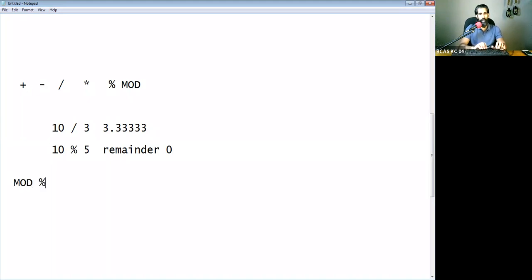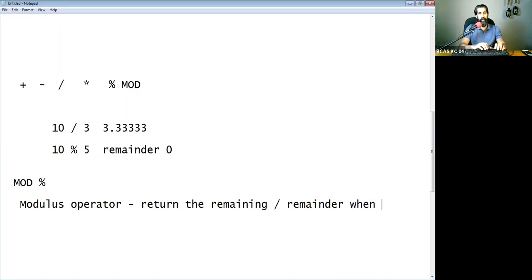MOD, or say modulus operator. Modulus operator returns the remaining, or the remainder, when one number is modulus divided by another.